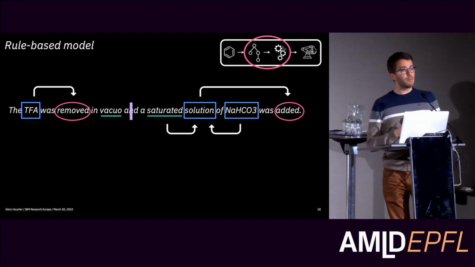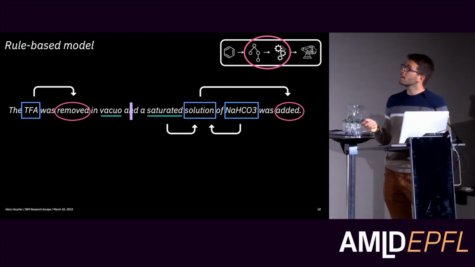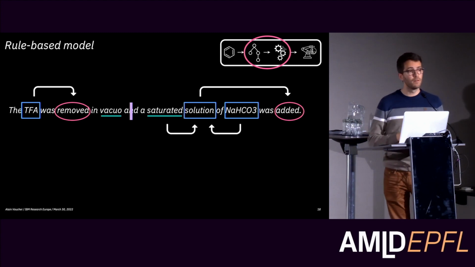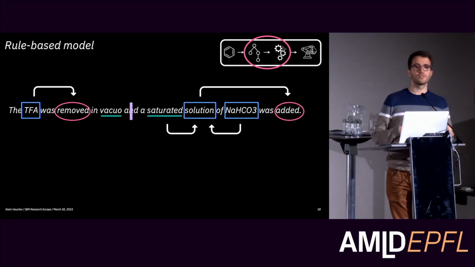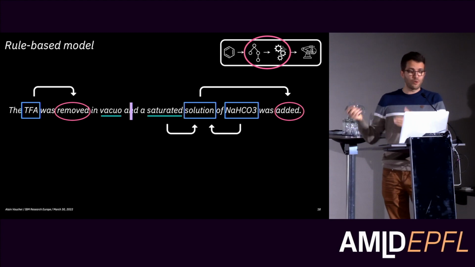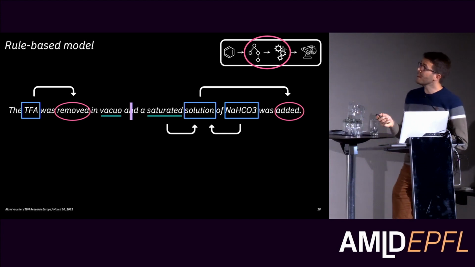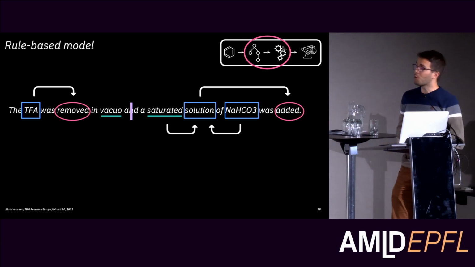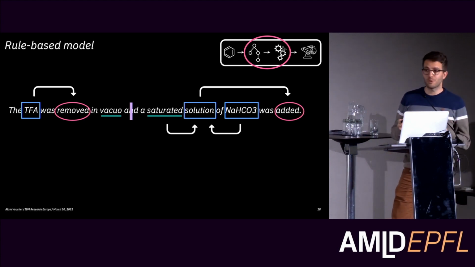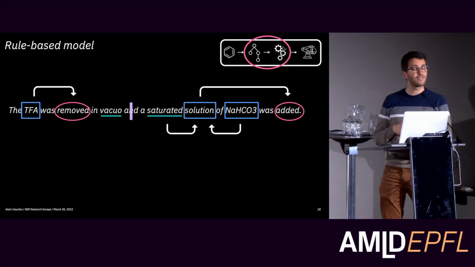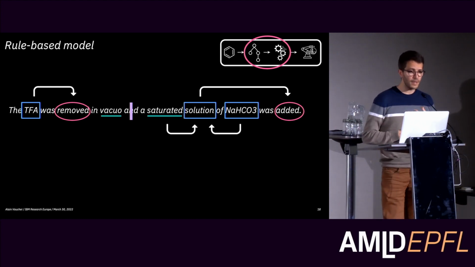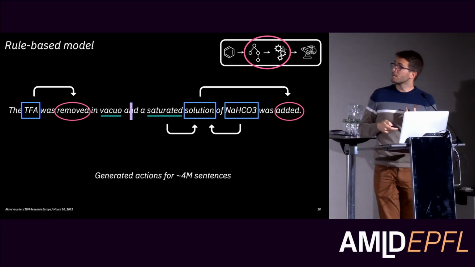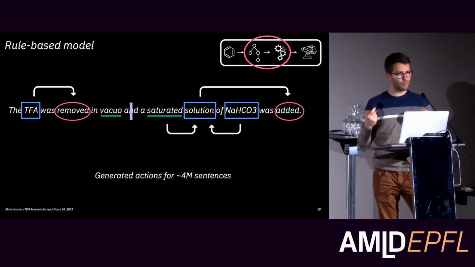In practice, this can be very hard because looking at, for instance, a verb like remove, it can mean filtration, or it can mean evaporation, or even other actions depending on the context. Then we have words that look like verbs but are not verbs. And also, there is not always a one-to-one correspondence between verbs in the sentence and the actions that we want to extract. Despite this, we generated actions with this rule-based model for 4 million sentences that we then use for